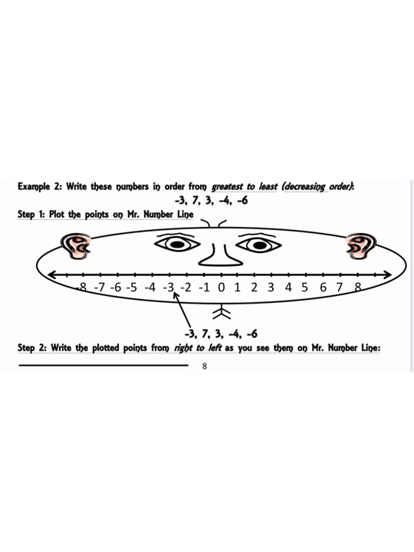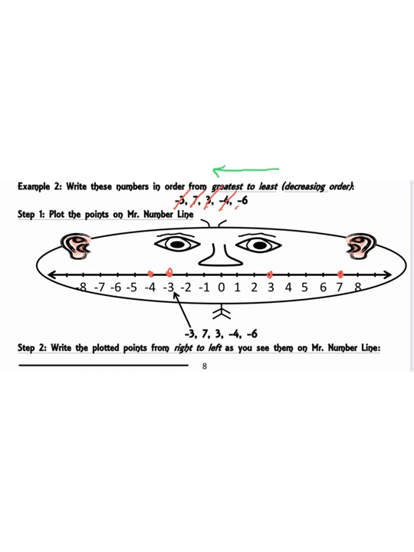The next example, it says, write these numbers in order from greatest to least. So that means we're going to want to go from the right to the left. Now they suggest you do the same thing and you plot them on a number line. So I'm going to go ahead and plot -3, 7, 3,